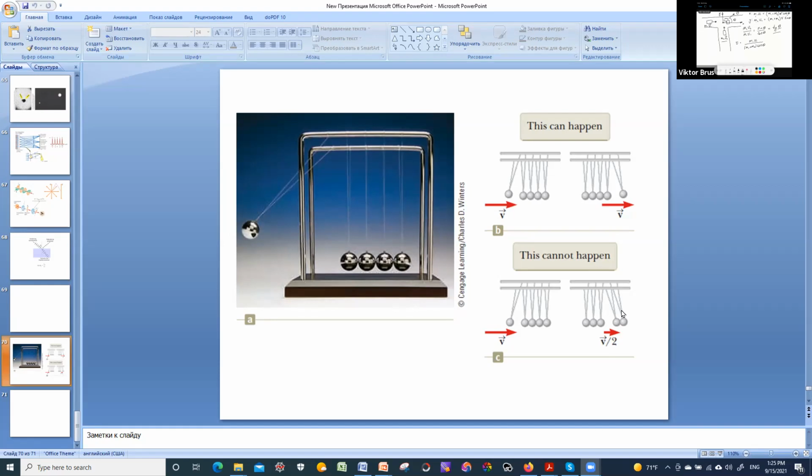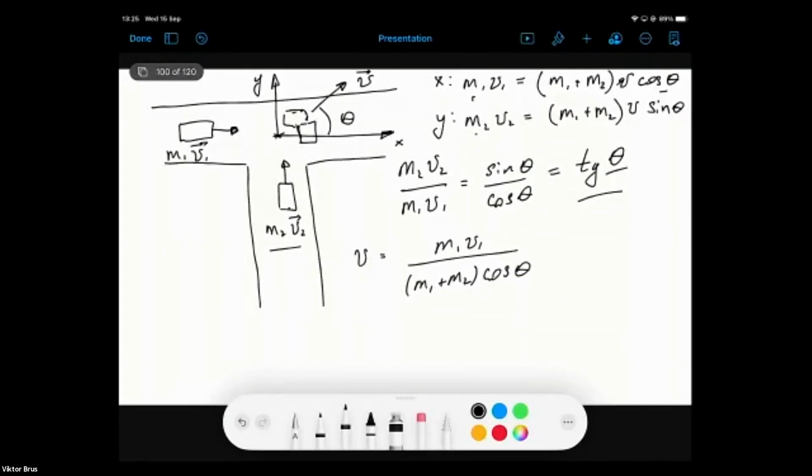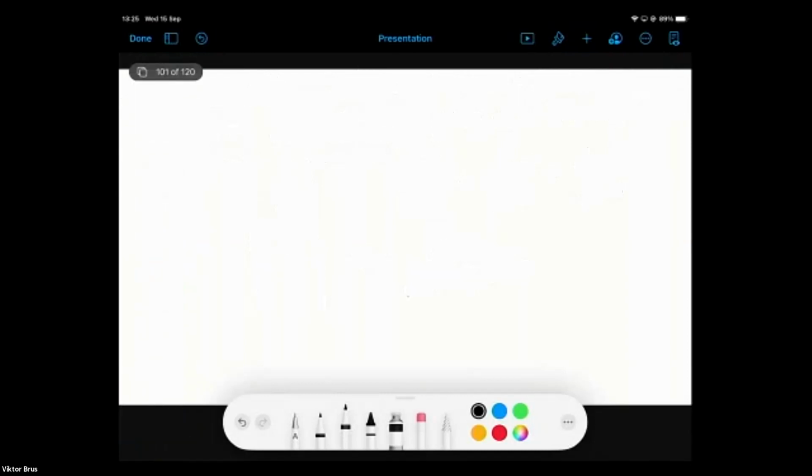So if you want to see two balls deflecting from the opposite side, you need to initially hit with two balls from the left side also. If you hit it with only one ball, then only this scenario is possible, and that is the reason, because we have both conservation of linear momentum and kinetic energy. Okay, let me stop sharing my screen, and now we can proceed further and introduce this concept of